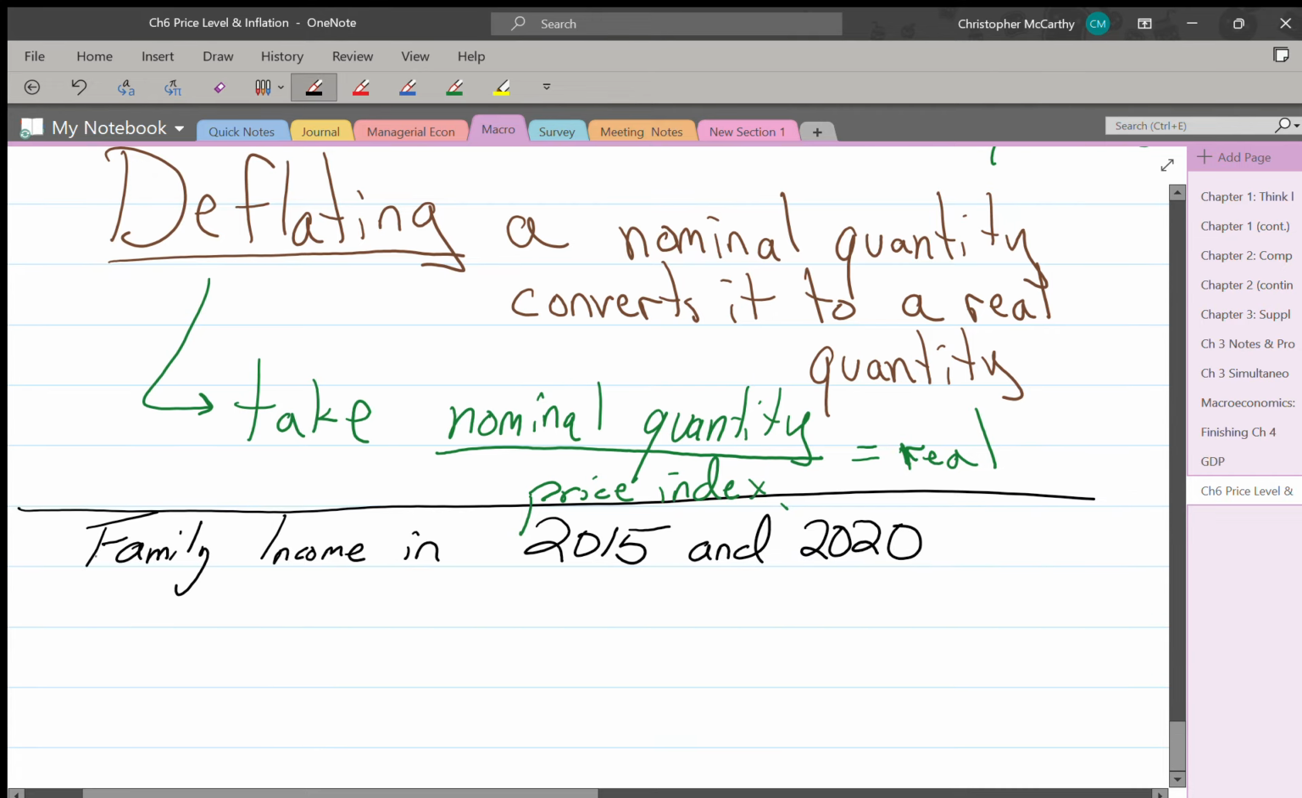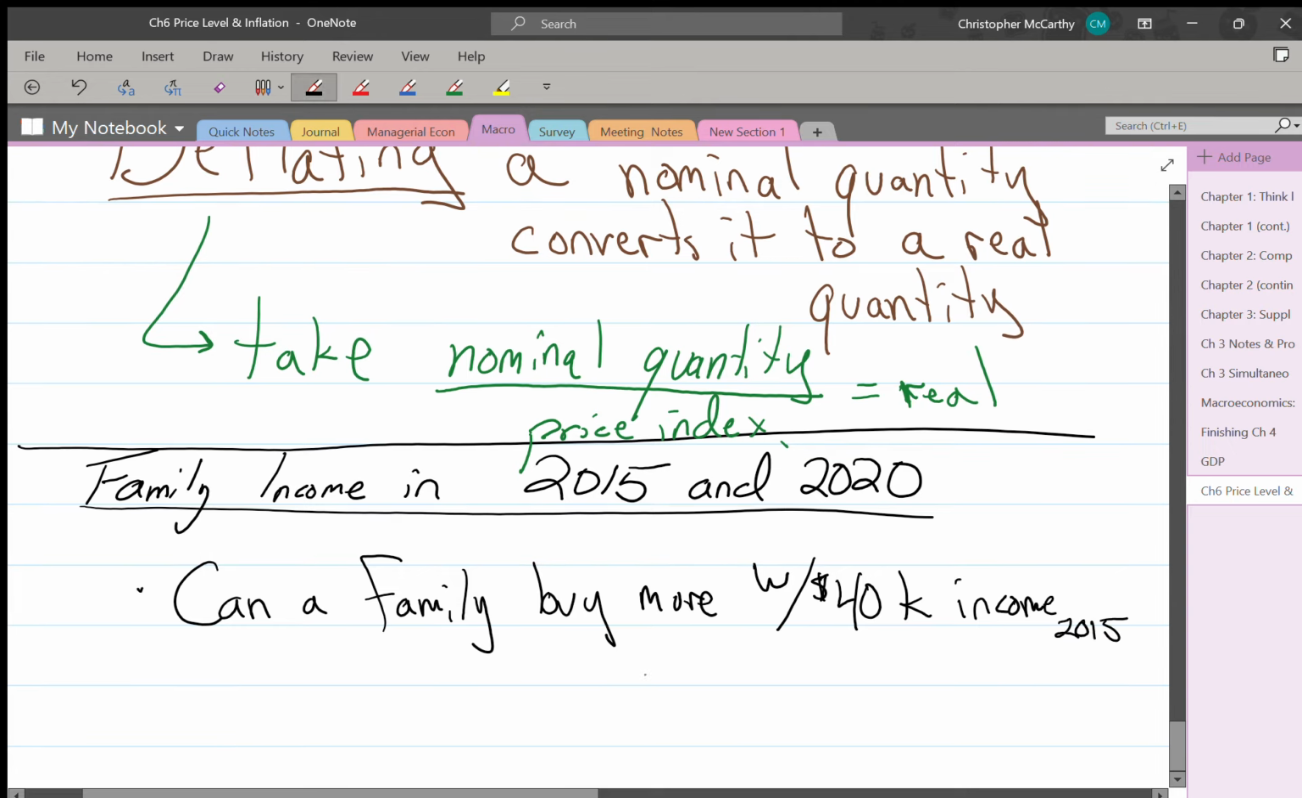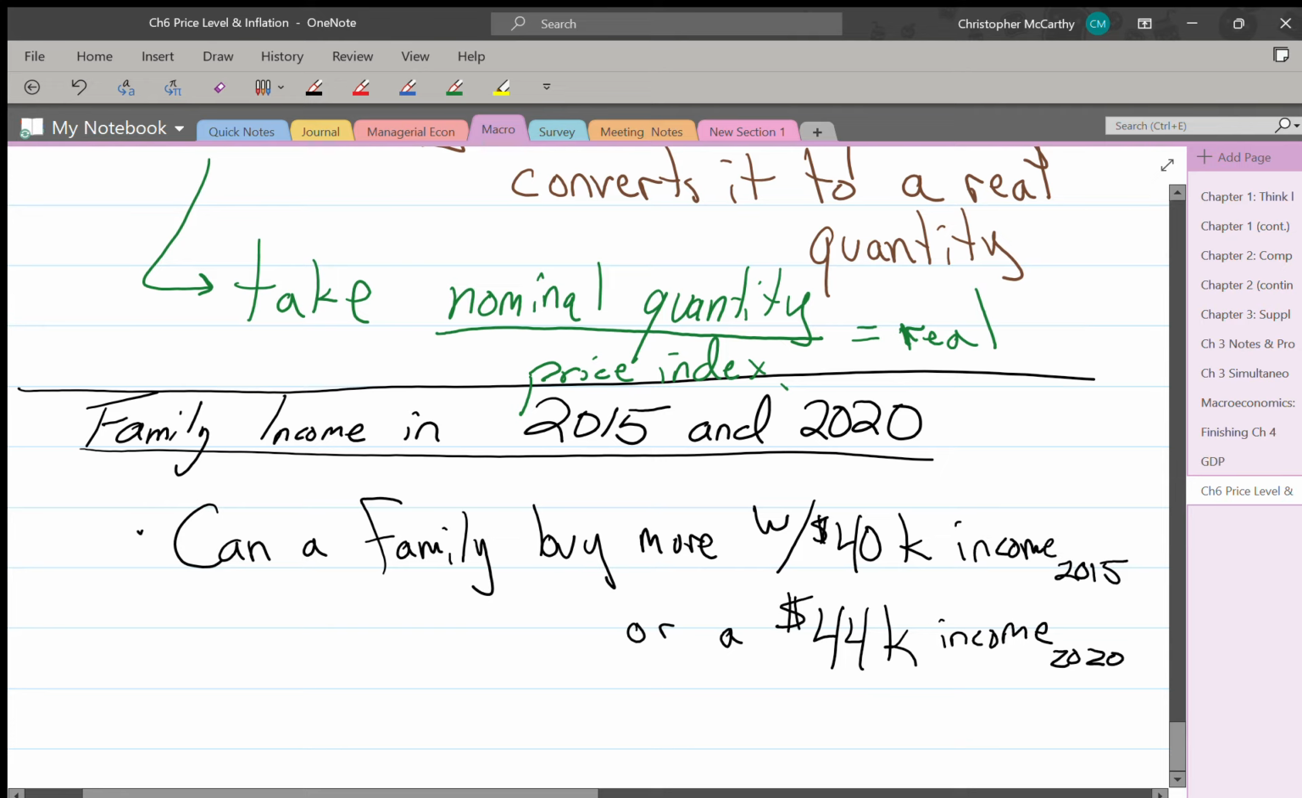So the question that we are seeking to answer is, can a family buy more with a $40,000 income in 2015 compared to $44,000 in 2020. So the way that we figure this out, we have to deflate the nominal income in one or